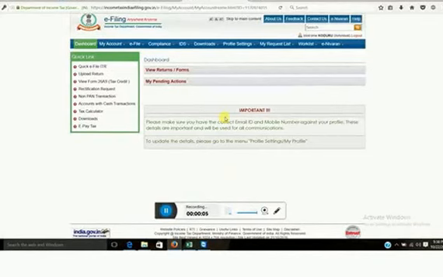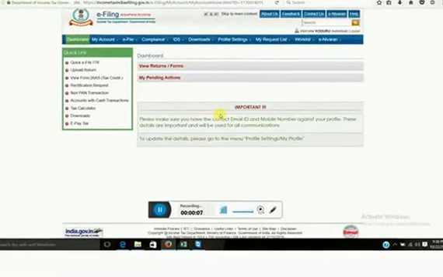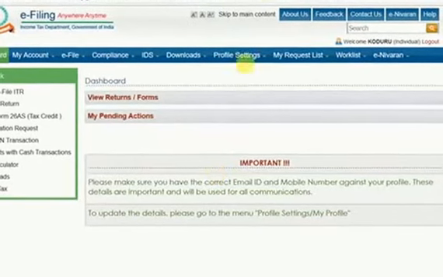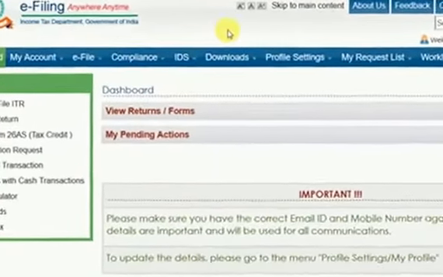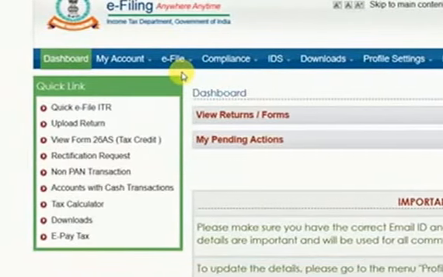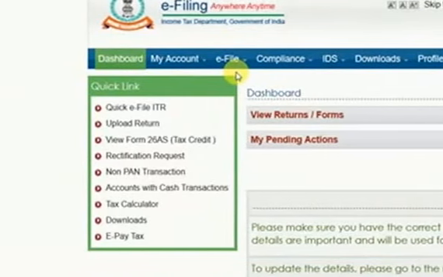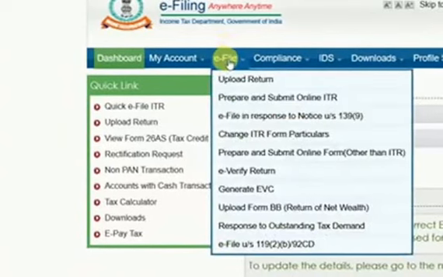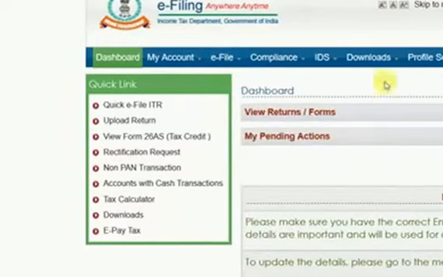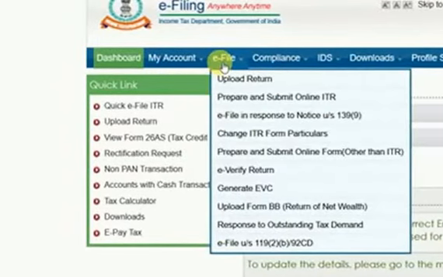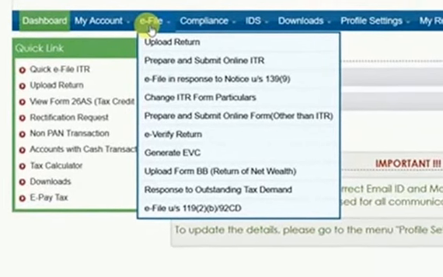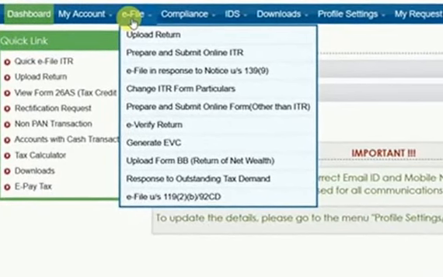Recently, we learned how to register ourselves on the income tax website, then how to log in with our password, then how to file our return. Now we can submit the return. Actually, I'm submitting my income tax return. I'm a businessman. Actually, I'm a